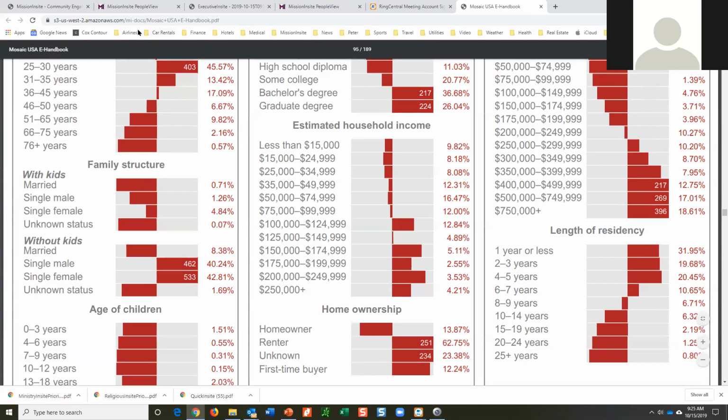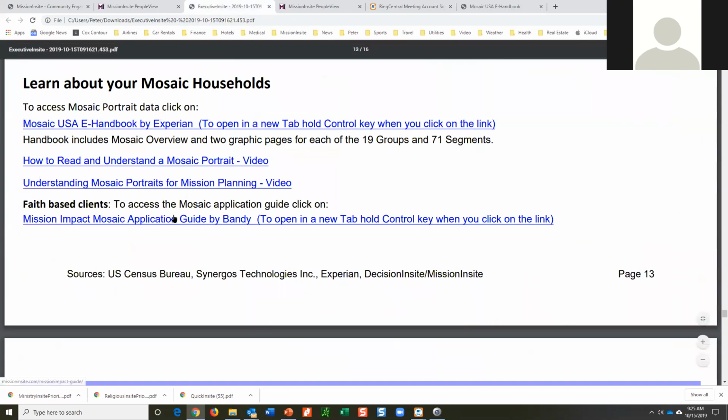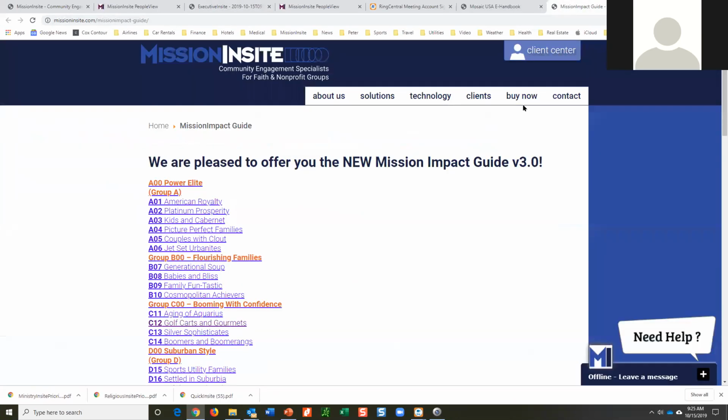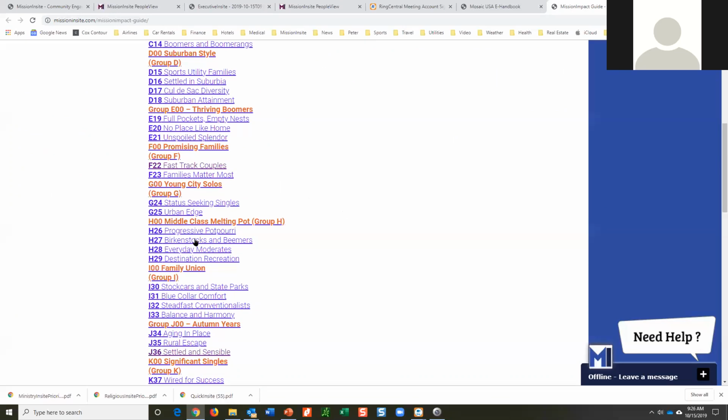Now, not only do you have that data from Experian, we also have a ministry guide that is written by an international consultant named Tom Bandy. So let's load G25.